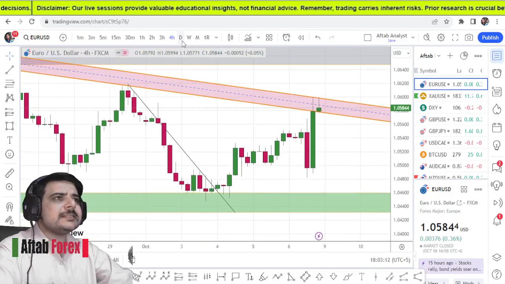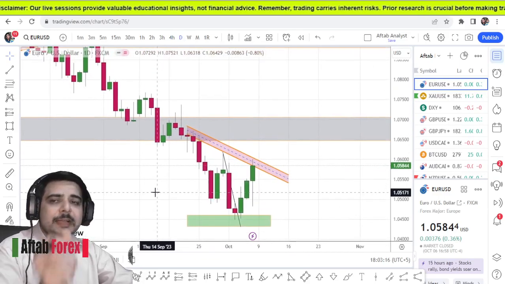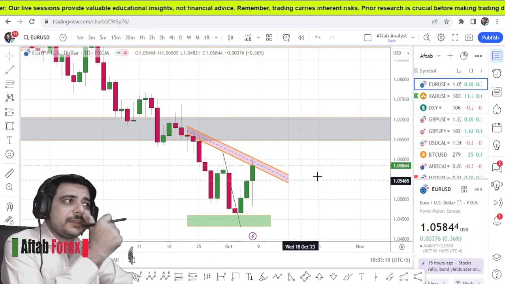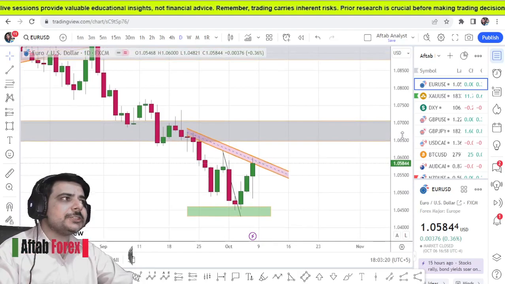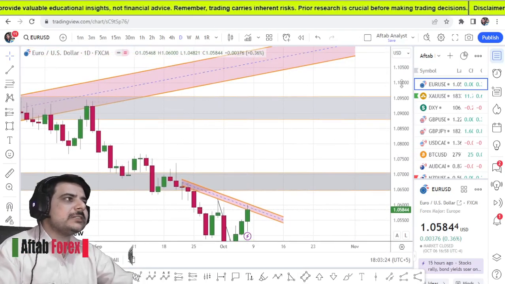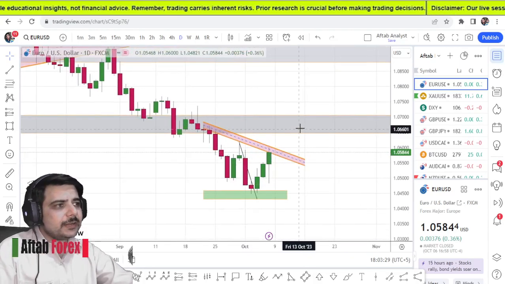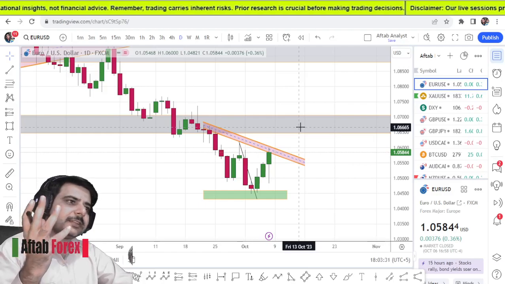So I still see a little bit of further up move, and I'm actually planning to take a sell from around 107 the first position, and 108 the second position, and 110 the third position. So any opportunities, if it gives a dip, can be bought and can give good profits.